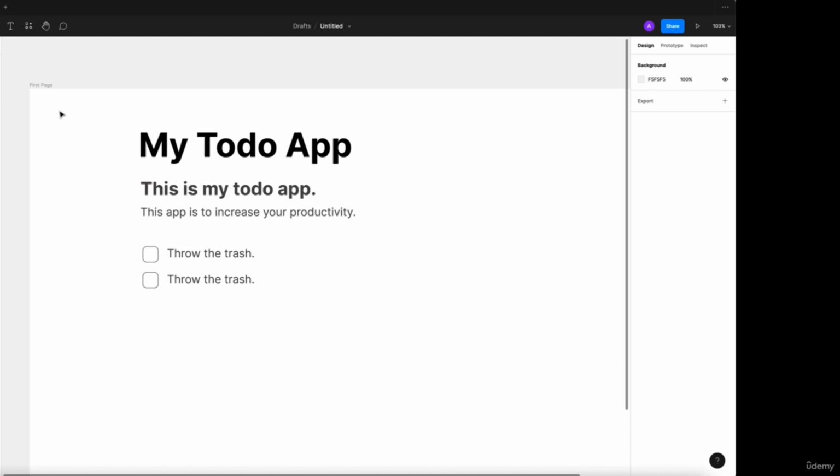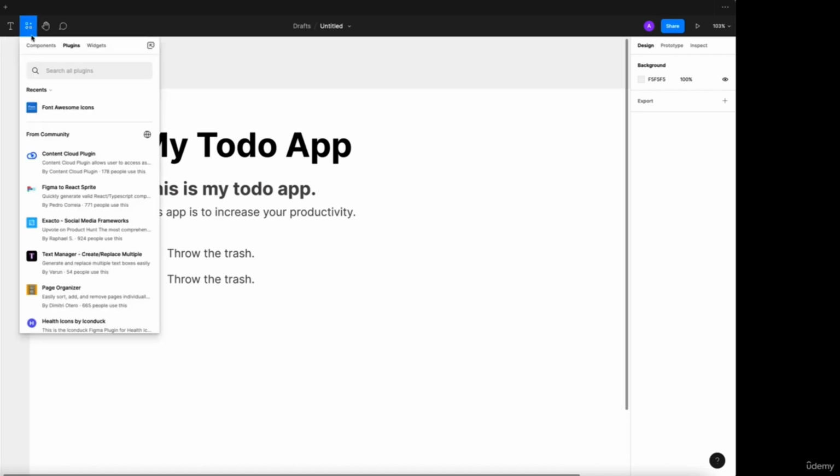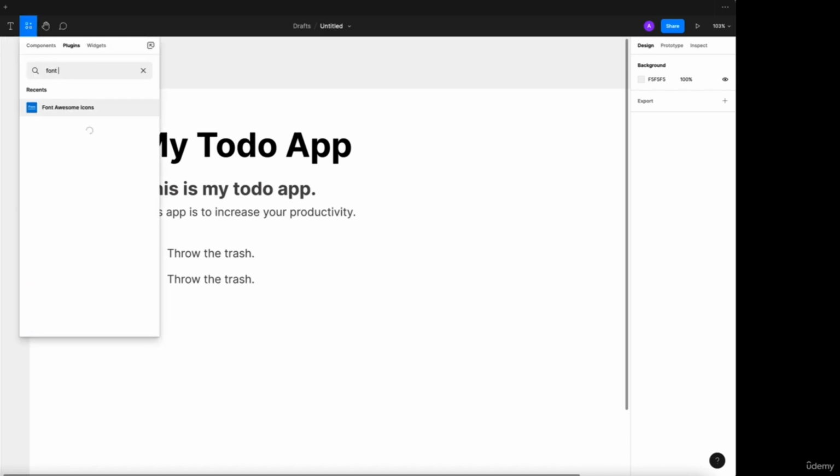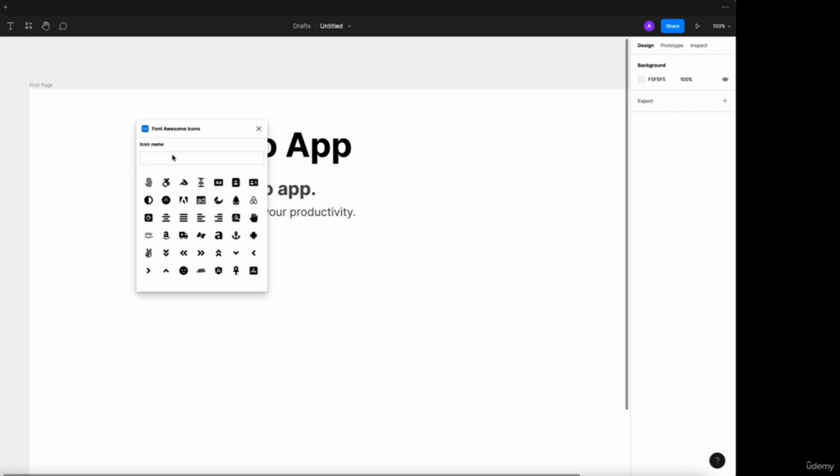For such symbols you can use plugins. For that you need to go to this item and then search for Font Awesome icons. So you should see this Font Awesome icons there, and you should press that and run it. So that should show these icons, and you can search for check here. So take that, press that icon,